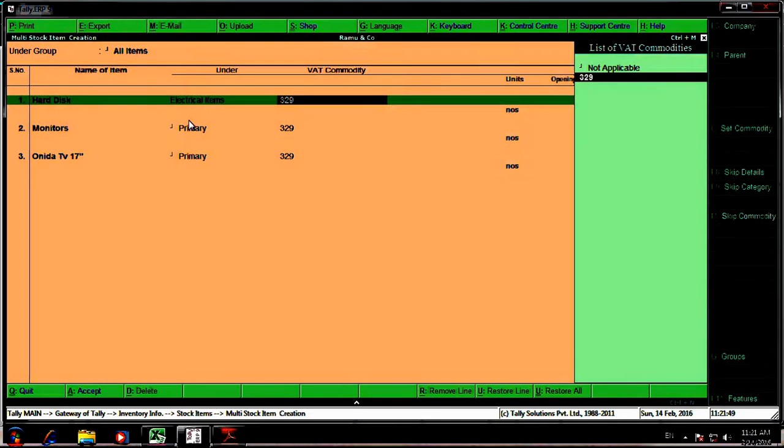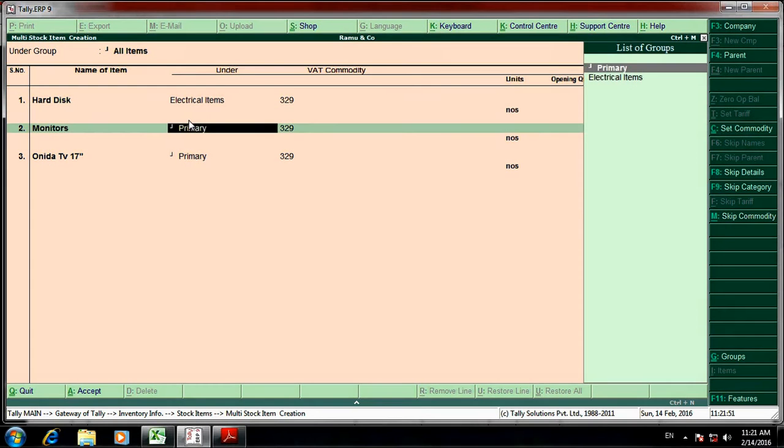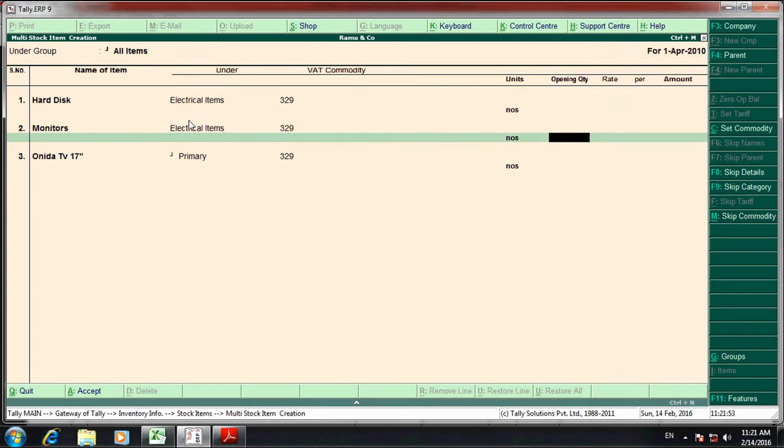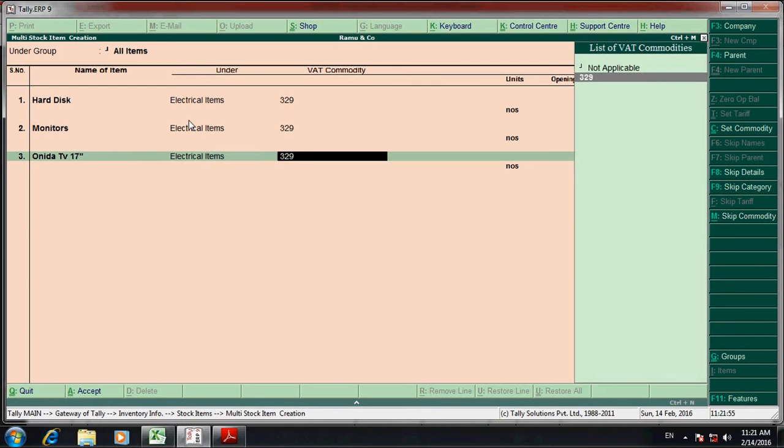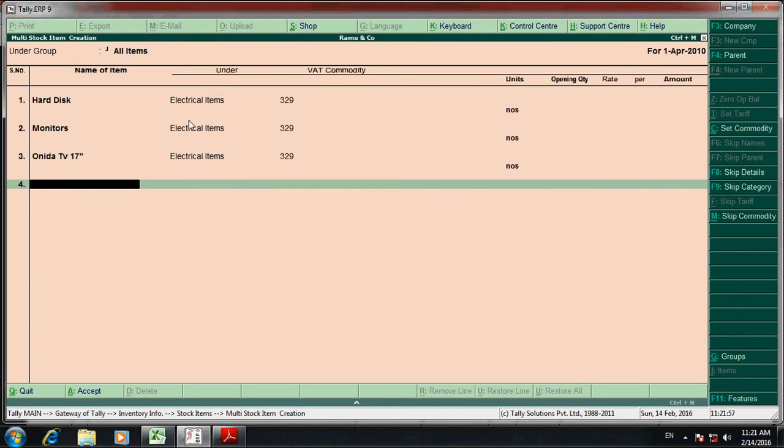Correct? Is it correct? Electrical items. Added, yes. So select all as electrical items. Here also select electrical items.